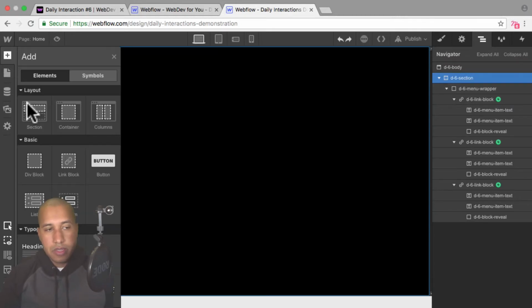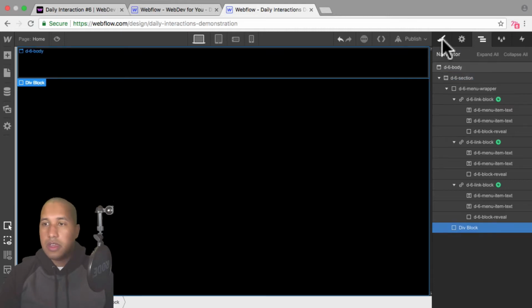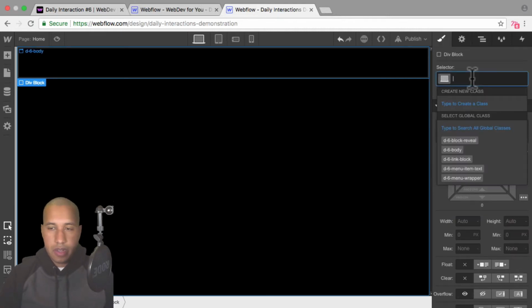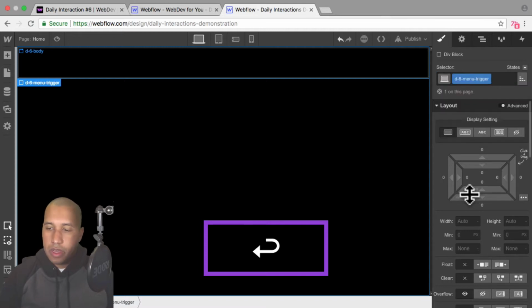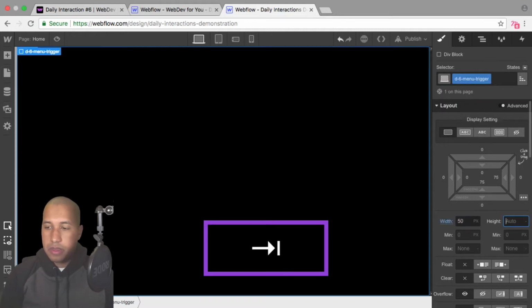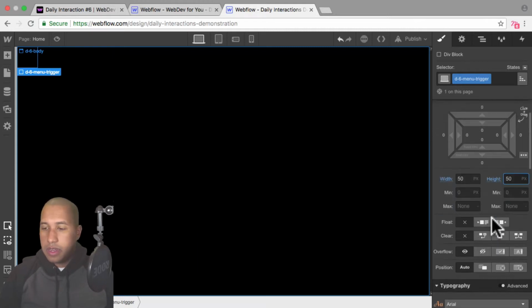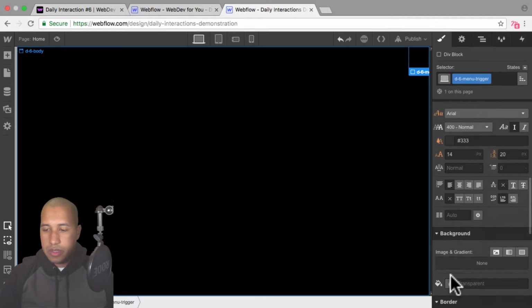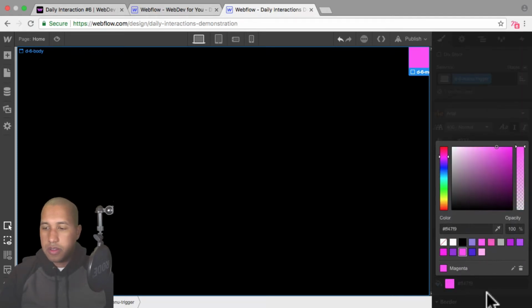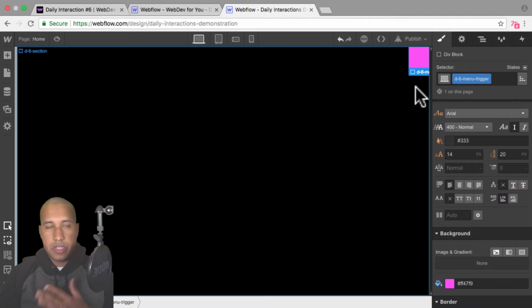So I'll add an element, I'll add a div block, and I'll give this div block a class name of d-6 menu trigger. I'll give it a width and height of 50 by 50, and I'll give it a position of absolute, and I'll place it in the upper right, and I'll give it a background of this magenta color here. So this is just for demonstration purposes.